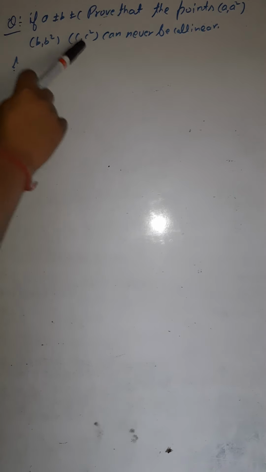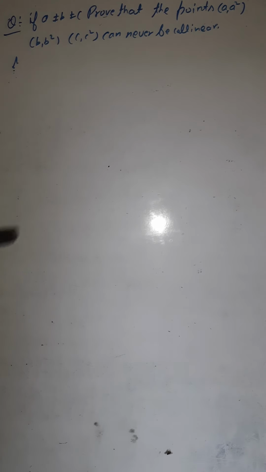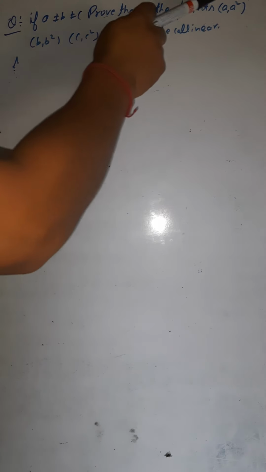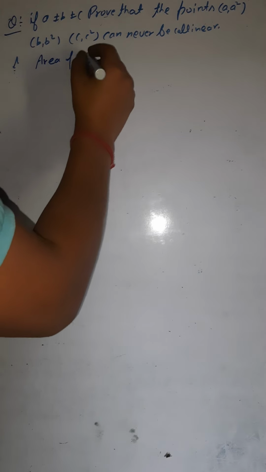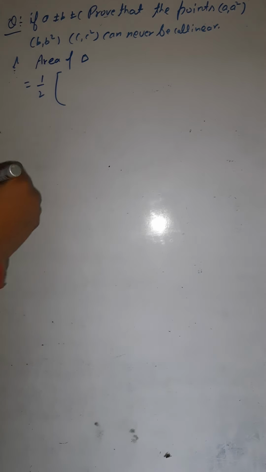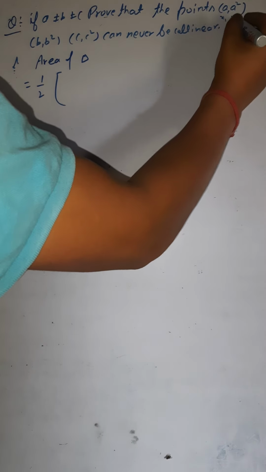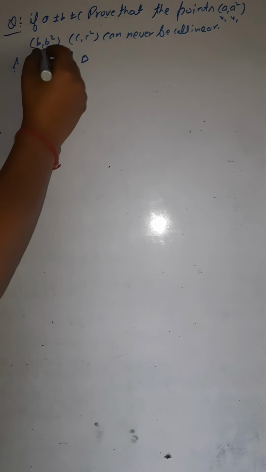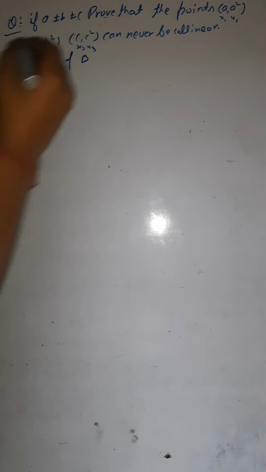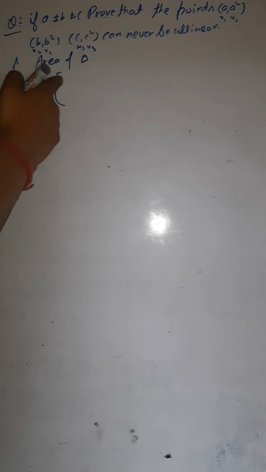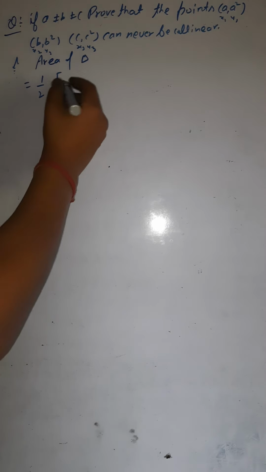Okay, so let's see. To prove this, first let's say these points are collinear. If these points are collinear, then the area of the triangle would be 0. Are you getting this? To show whether these 3 points are collinear or not, we would first find out the area of the triangle. The area of the triangle is 1 by 2 into x1 times y2 minus y3. So this is x1 y1, this would be x2 y2, and this would be x3 y3. So first, 1 by 2 into x1,